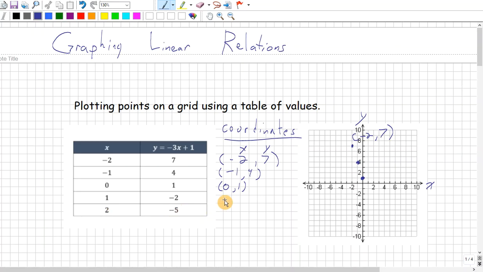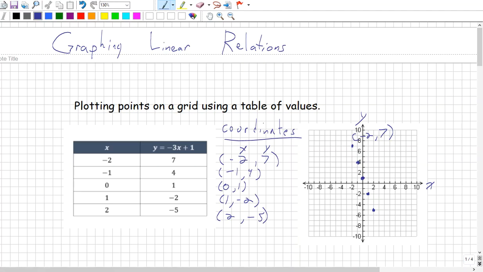The next point is 1, -2. Now I have some negative values, so what do I do with those? Well, first of all, I'm going to go over 1 on my x-axis, and I'm going to go down 2 on my y-axis, so I put my point right here. And my final value of x equals 2, y equals -5 is 2, -5. I'm writing these all as coordinate points with my x term first and my y term second. So I go over 2 along my x-axis, and I go down 5 along my y-axis. So 1, 2, 3, 4, 5, and I put my point